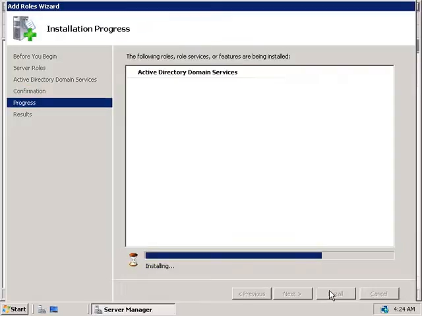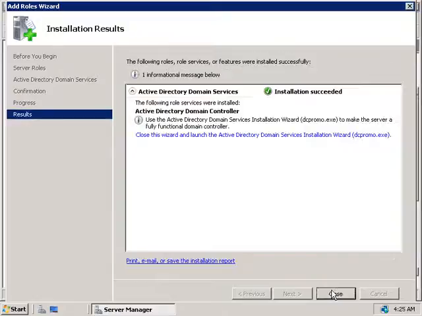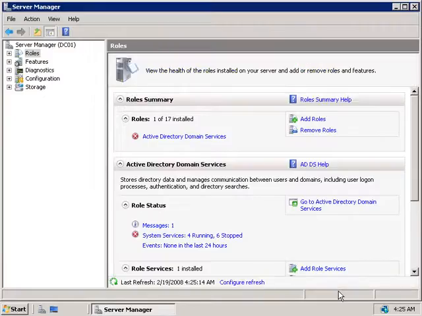So we'll click Install. Now this is going to take a little while, so we'll pause the video here and we'll return once it's complete. Okay, the installation has finished and we're reminded once again that we will need to run the DC Promo tool to complete our installation of Active Directory. So we'll click Close